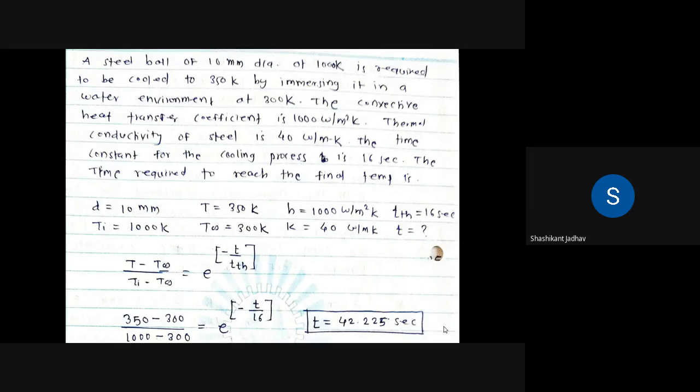We have to calculate that time. So put those values into the equation and find out the value of small t. Okay, and we have to check whether the answer is correct or any different answer is there. Put that answer in the chat box. Okay, Dhanush has calculated 42.22 seconds. Okay, what about others? You only have to put the values and find out the value of t.